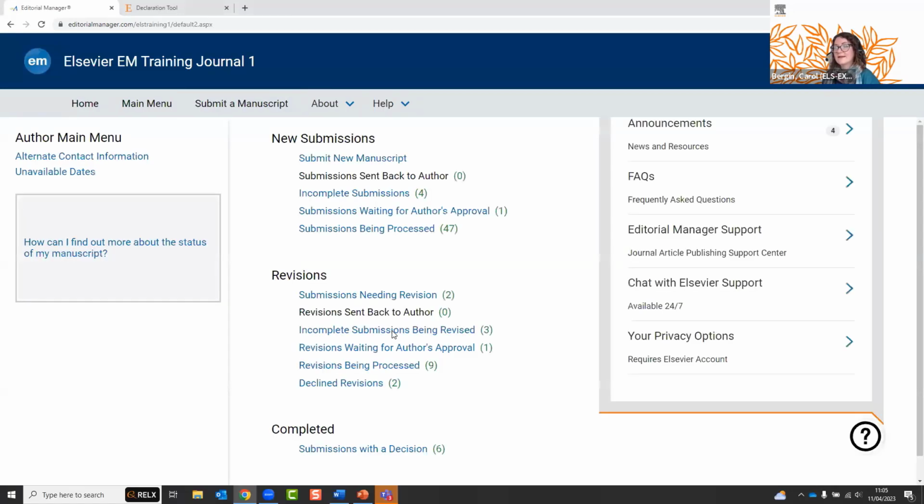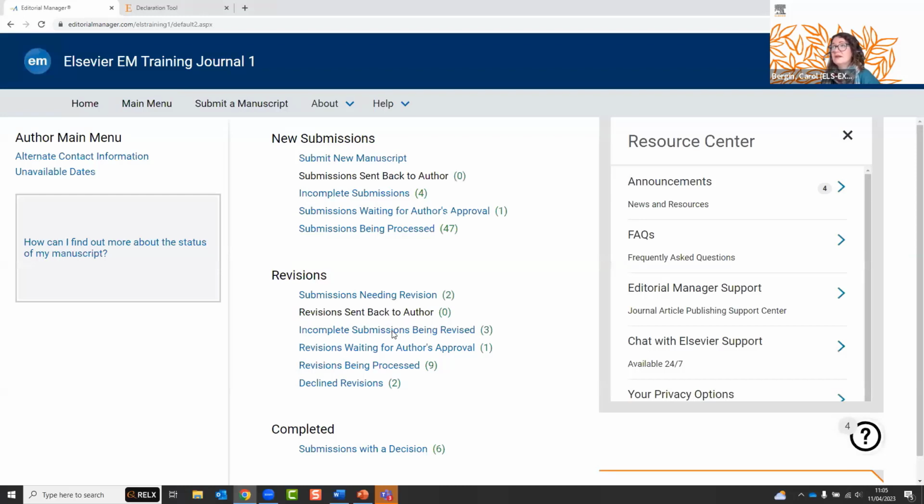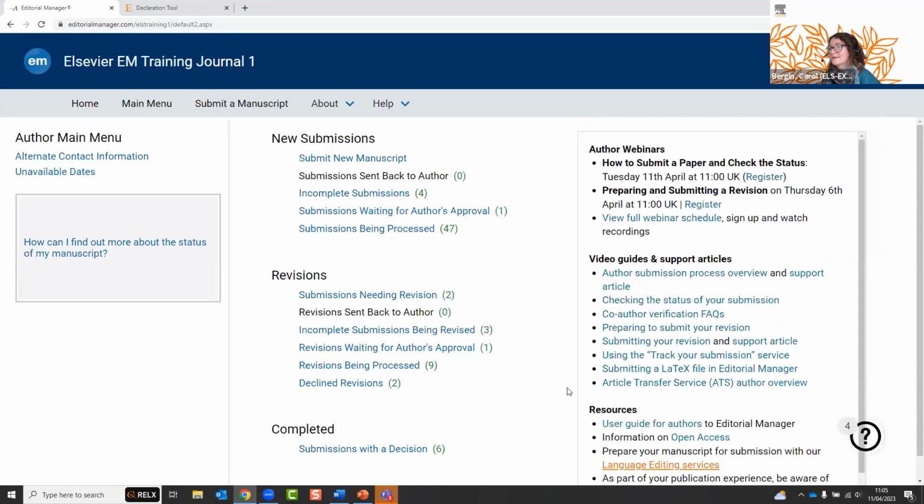Okay, great. So once you log in, you'll see your author main menu displayed on the screen. A couple of things to mention at this point. You'll see the Resource Center link. I'm just going to minimize that for a moment. But on the right of the screen, when you log in, you'll see quite a few useful bits of information